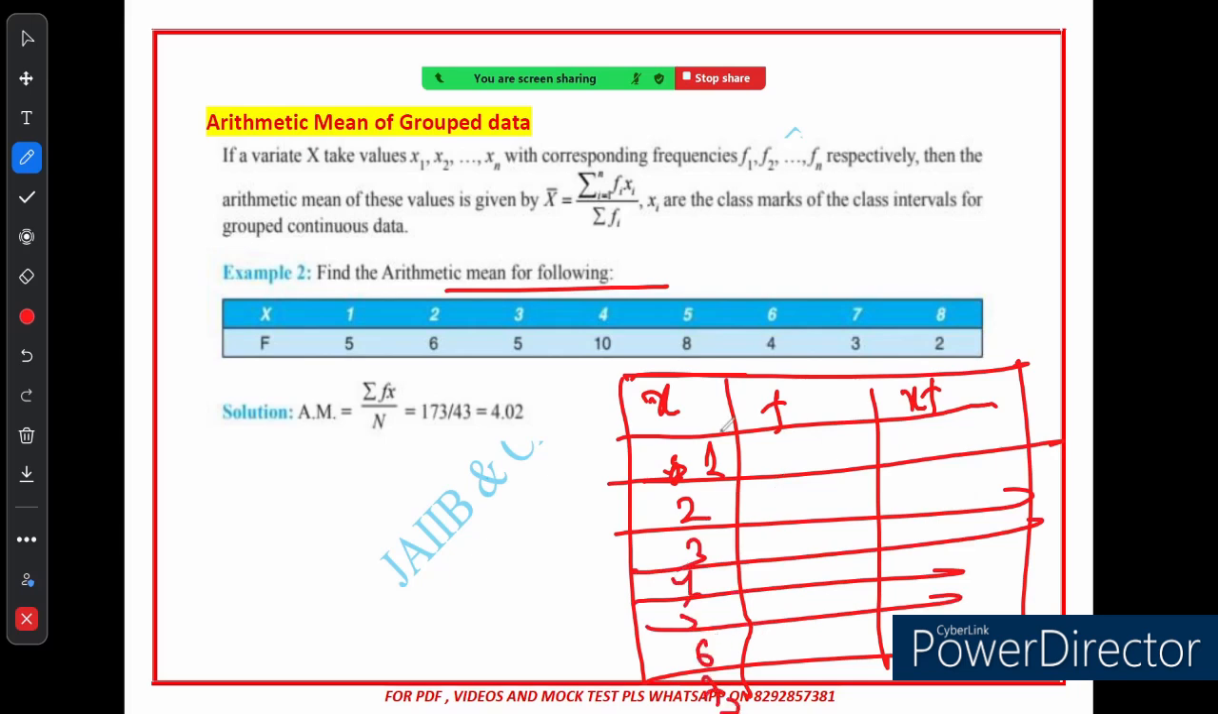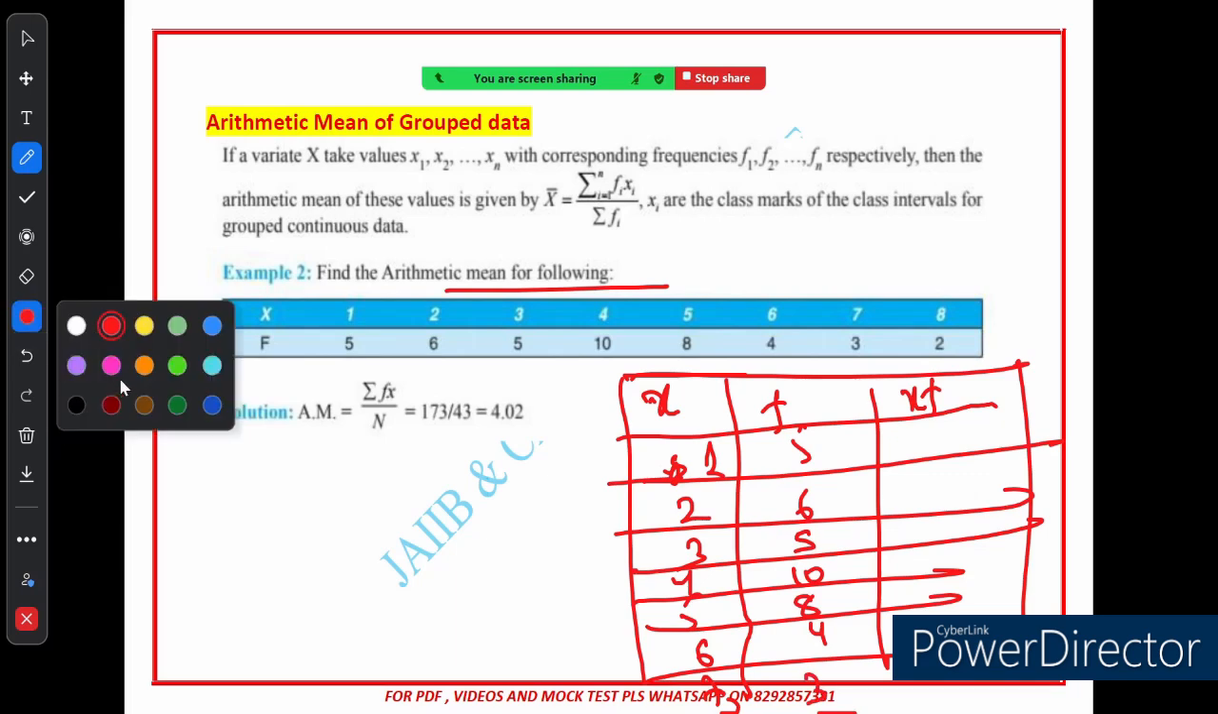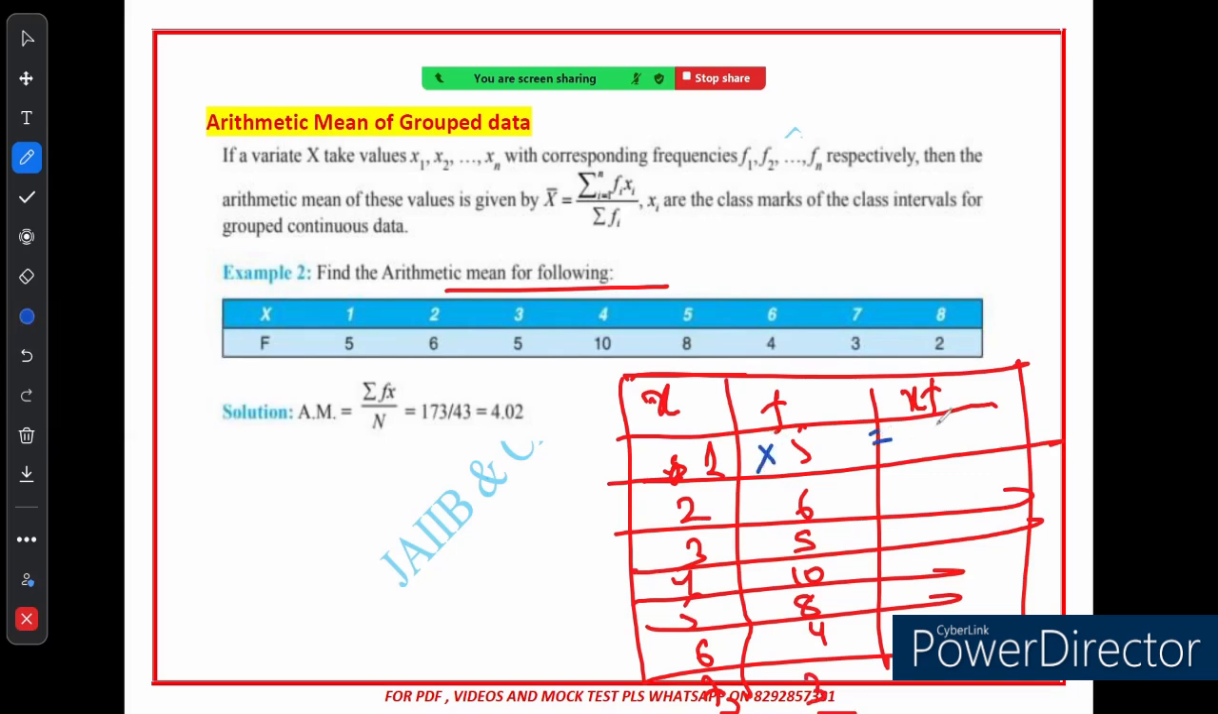Corresponding to one the frequency is 5, corresponding to 2 the frequency is 6, 5. I am just noting down 10, 8, 4, 3, 2. Now 1 multiplied by 5, let me use a different color here. 1 multiplied by 5 will be 5, 2 multiplied by 6 will be 12, 3 multiplied by 5